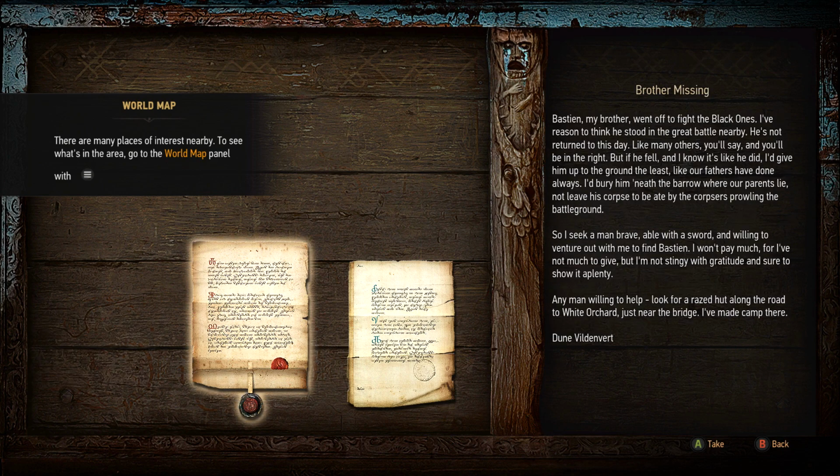A brother missing. Bastian, my brother, went off to fight the Black Ones. I've reason to think he stood in the great battle nearby. He's not returned to this day. Like many others, you'll say, and you'll be right. But if he fell, and I know it's likely he did, I'd give him up to the ground at least, like our fathers have done always. I'd bury him beneath the barrow where our parents lie, not leave his corpse to be eaten by the corpsers